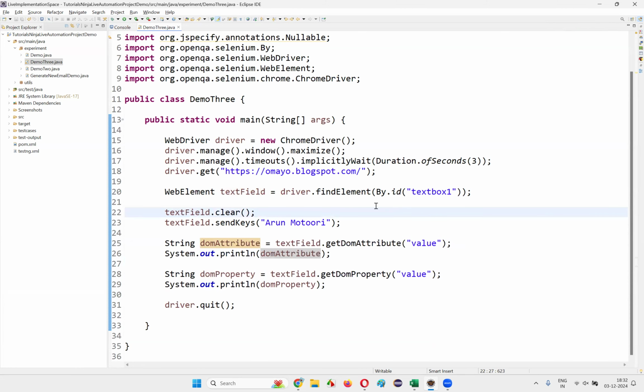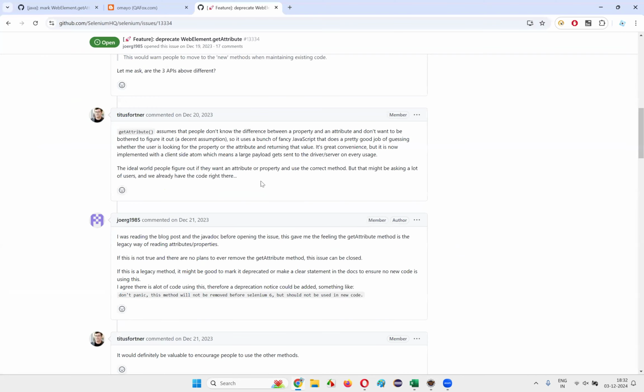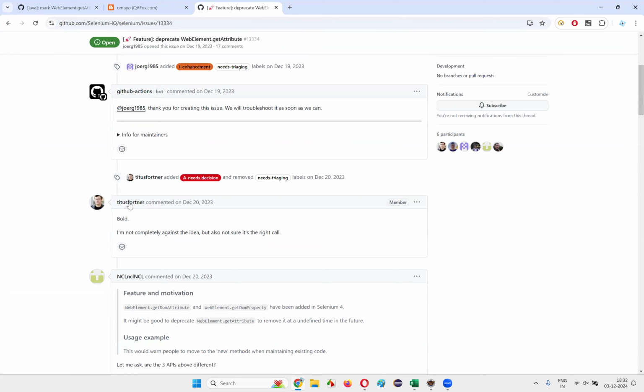You don't have to depend on getAttribute anymore. That's the reason they have updated and modified it. I hope you understood this important change that happened in the latest version of Selenium, which at this moment is the latest. Maybe in the coming days it may not be the latest, but upcoming versions will also carry this change forward. In 4.27.0, this important change got